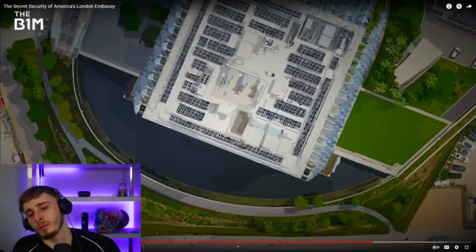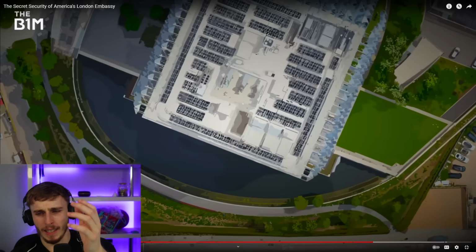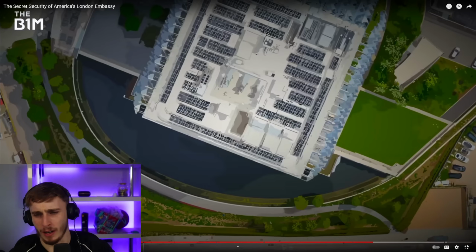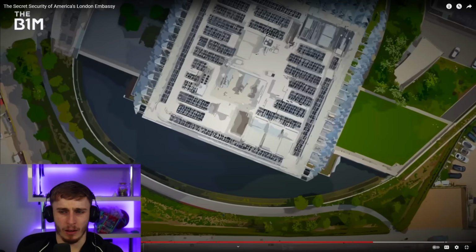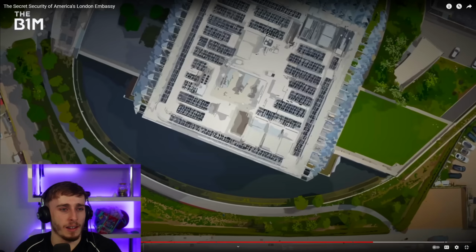So when people like ambassadors come here and they'll stay and live here, I guess they'll spend a lot of their time within this embassy, right? So I assume this is a house, but it's also like an office space, different kinds of things, and then all this like garden area around. They probably use it quite a lot, right? I don't know how often they'll leave. Is this treated as like a home? I guess it is. I'm so confused. I'm hoping we get to see inside, but because he's talking about the security, I assume it's not really known